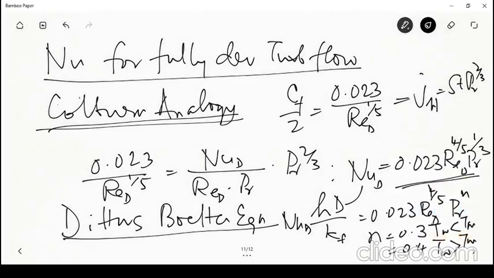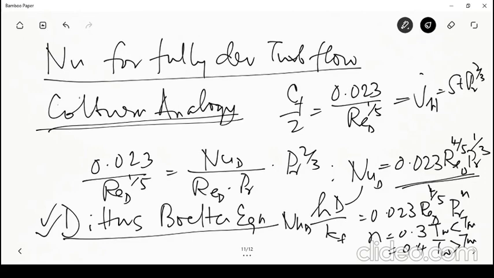So this is the only change that Dittus-Boelter introduced, and this is one of the most popular correlations commonly used for finding the heat transfer coefficient or heat transfer to a pipe in turbulent